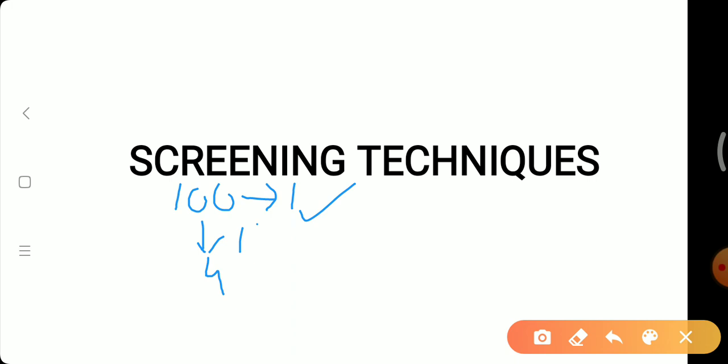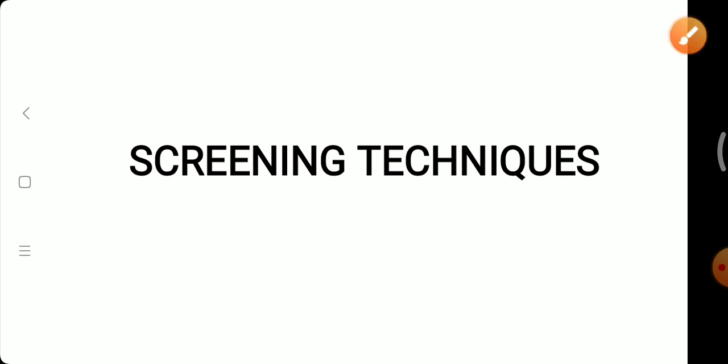So again there is a competition between the 4 students. Again I will give a blank paper sheet to all those 4 students, and this time I will give one topic. On that topic they have to draw, and then from 4 students I will select one. This is a kind of second screening I have done because from 4 I have selected one. So this is what screening is. I hope that this will help you to correlate. So let's start with screening technique.